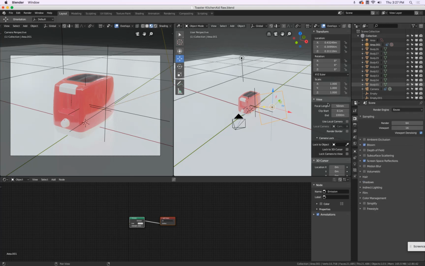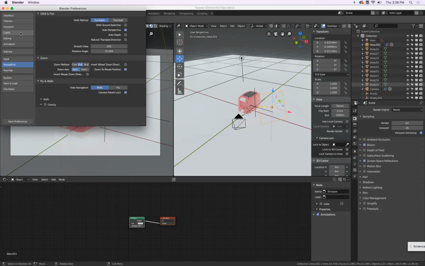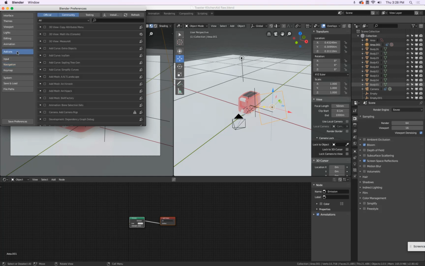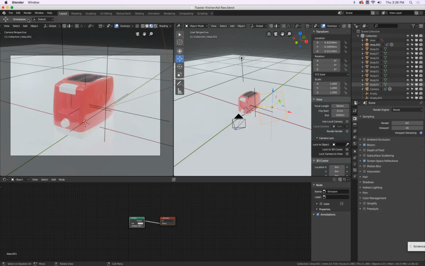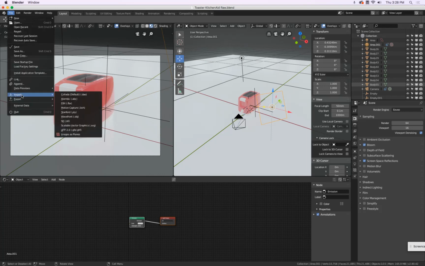Here I switch back to Eevee. Now let me show how we bring in the KitchenAid and also the dial graphic. Before we continue, we will go to Edit, Preferences. Then we go to Add-ons. Here we type in Image, Import, Export, Image as a plane. Yes, so we check this, close this, and now I go to File, Import,